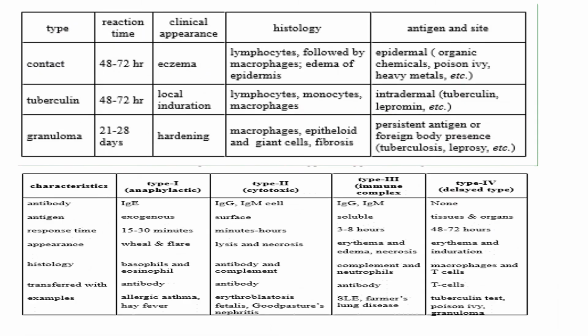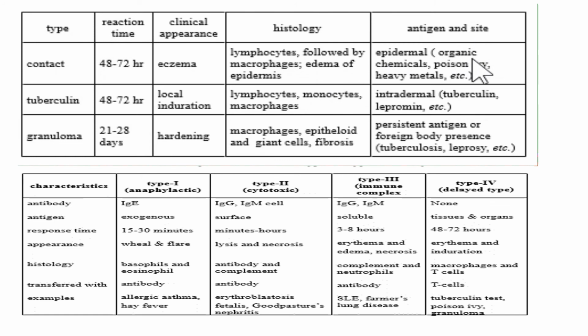This table shows different types of delayed hypersensitivity reaction. As I mentioned, there will be contact dermatitis, tuberculin, and granuloma. The reaction time for contact dermatitis is about 48 to 72 hours. The clinical appearance will be as a case of eczema. The histology pattern within the lesion is the lymphocyte, followed by macrophage, edema of the epidermis, the antigen, and the site is